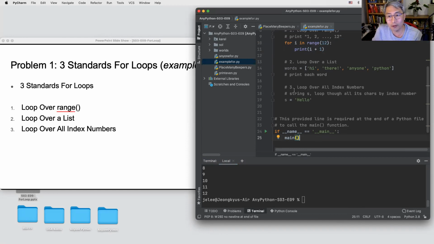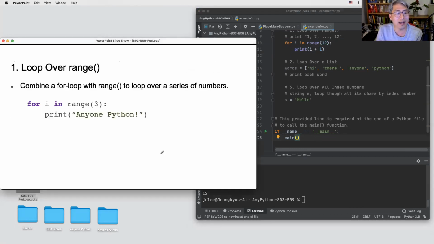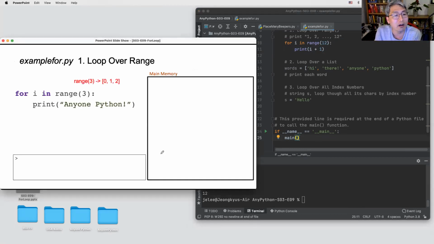Before we move on to the next problem, let's see the solution with the Python screen like this. Then we will see what's going on in the computer. This one is the simpler problem. We can print the number of times like this. Instead, we can put print i plus 1. It's the same thing. Range is a generator: 0, 1, 2.